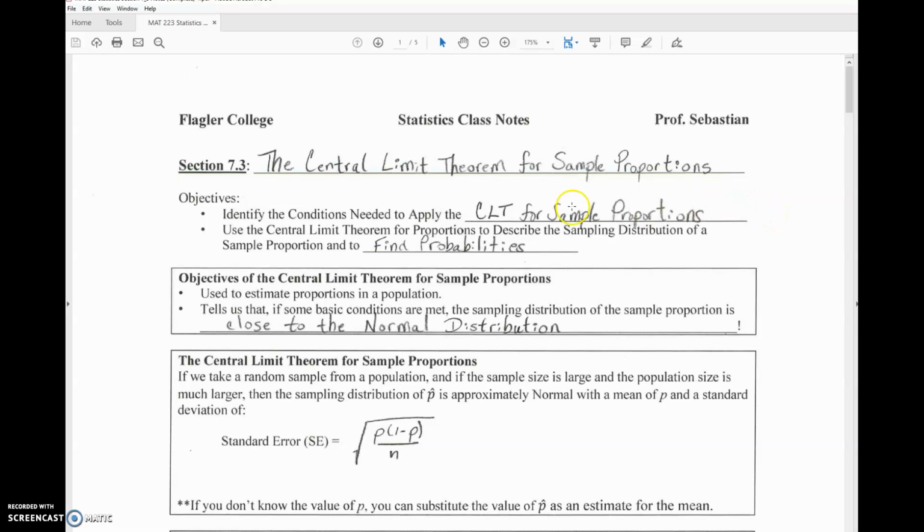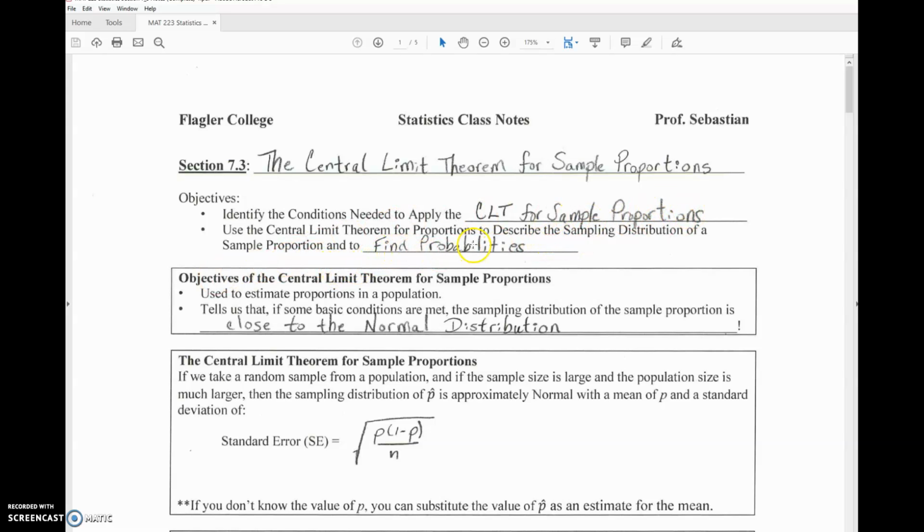We're now moving into section 7.3. We are on page 101 of our class notes. Section 7.3 is the central limit theorem for sample proportions. The objectives of this section are to identify the conditions needed to apply the central limit theorem for sample proportions and use the central limit theorem for proportions to describe the sampling distribution of a sample proportion and